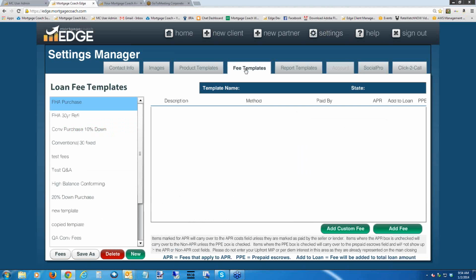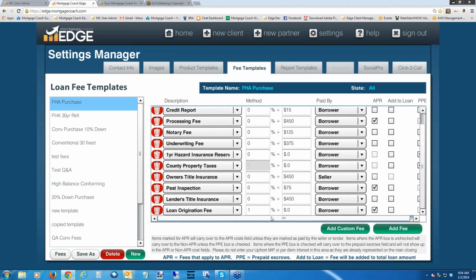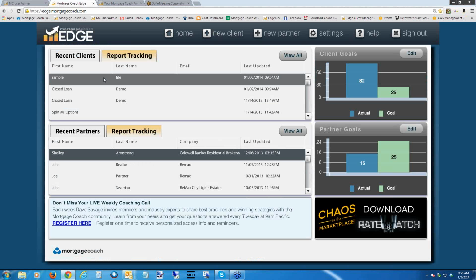So now if we head over to the fee template screen, you can see that we've got a bunch of them in here. And this is the one we just saved, FHA Purchase. All my figures are there. You can see the ones that I left blank because those are the ones I need to edit on a case-by-case basis. Even my loan origination new fee is in there. Now the good part about this is now anytime I want to use this fee structure, all I have to do is go back into that